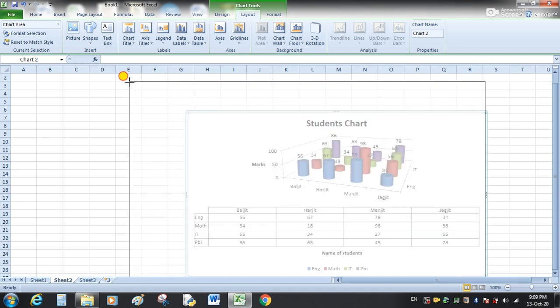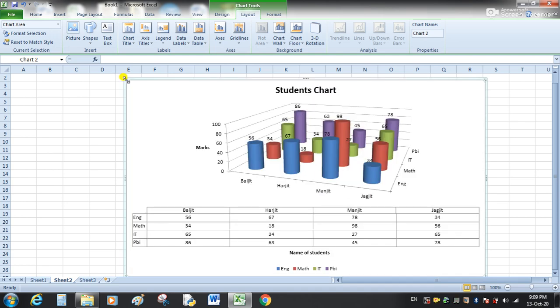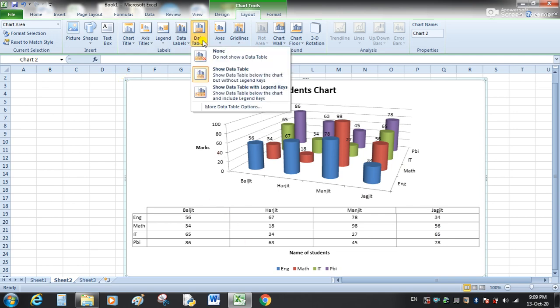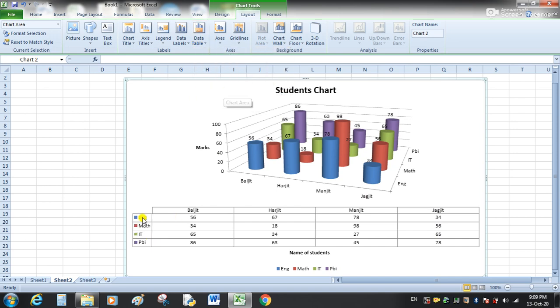Just drag it from the corners. Show data table with legend keys. Here you can see the legend keys are now part of the table.